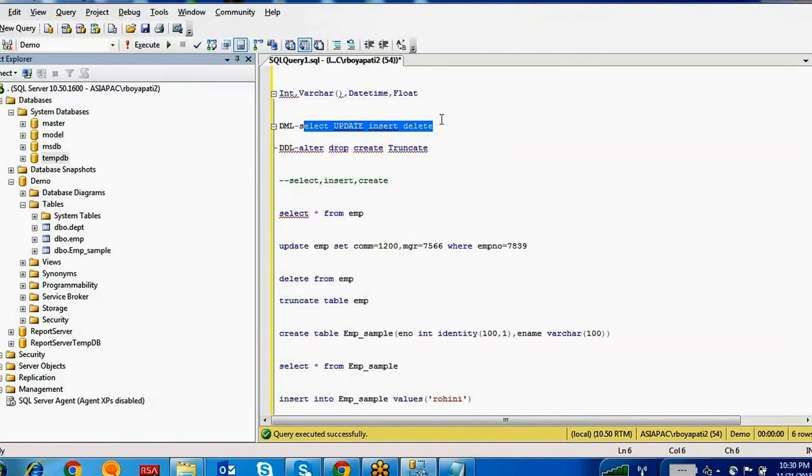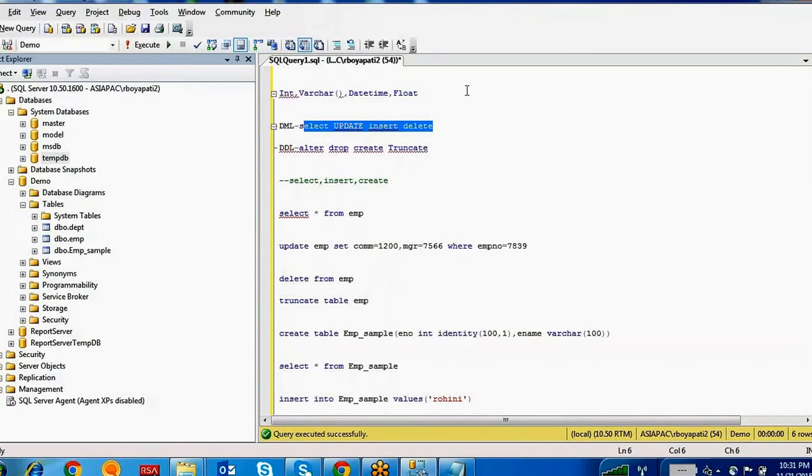So these kinds of structure changes you can do by using the alter statement. Then what is the difference between delete and truncate? The delete statement is not deleting permanently, okay? It is deleting the data temporarily, and whatever rows you have deleted by using the delete statement will be stored in the log file. But truncate removes completely. Once you apply truncate, it will remove all the data inside a table.